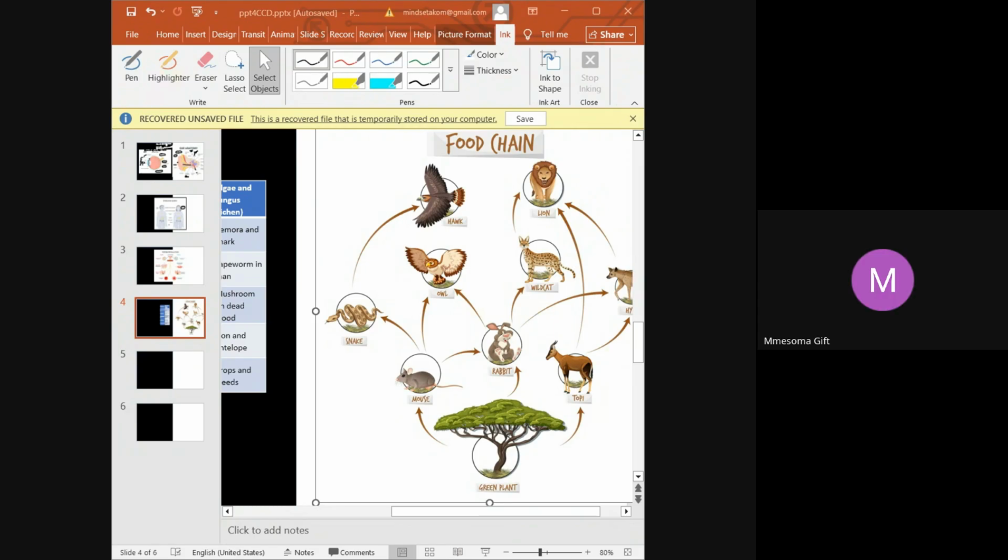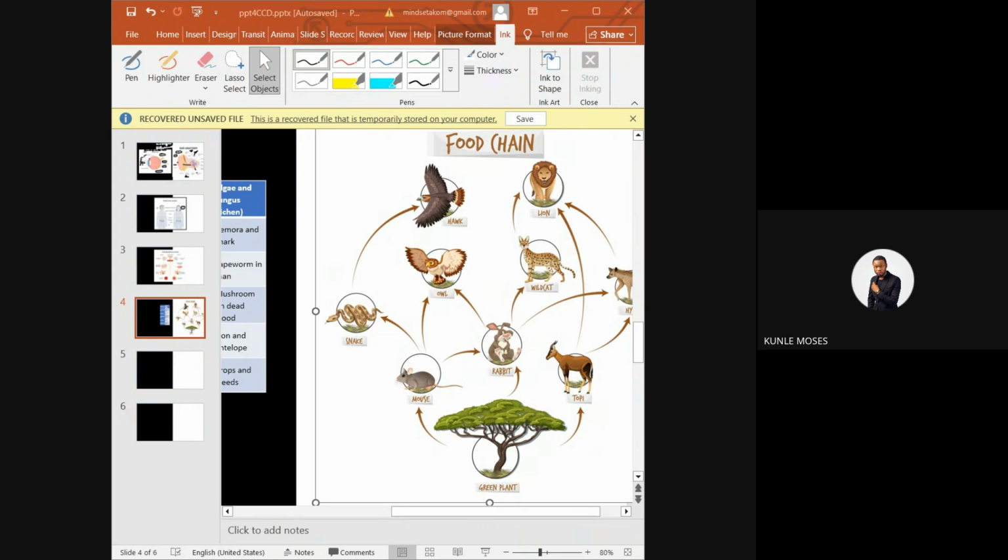Between food chain and food web, what is the difference? Food web is the interconnection of food chains, like many food chains come together, like from the word web. It's a network of interconnected food chains. So we have aquatic food web, we have terrestrial food web. So the aquatic food web is just talking about different food chains that are interconnected together.